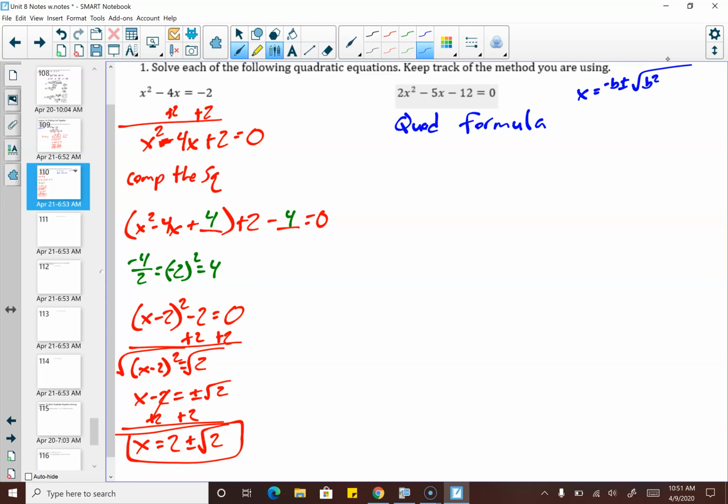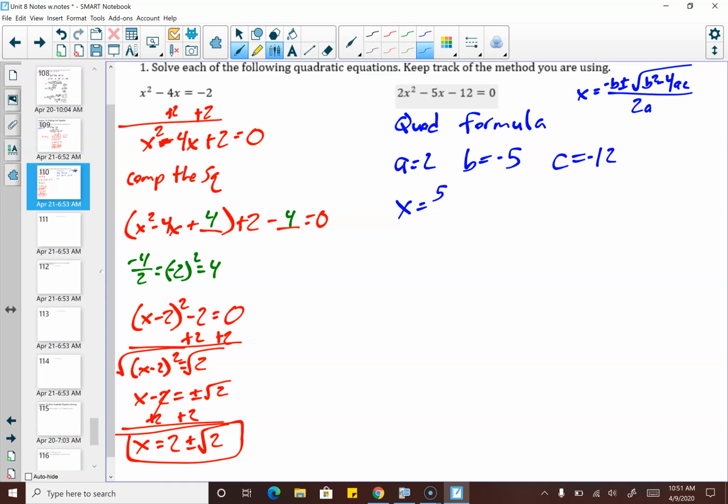So negative x equals negative b plus or minus big square root b squared minus 4ac all over 2a. So when I do that here, a is 2, b is -5, c is -12. All right, so a is always in front of x squared, b is always in front of x, and c is always the constant at the end. So x equals